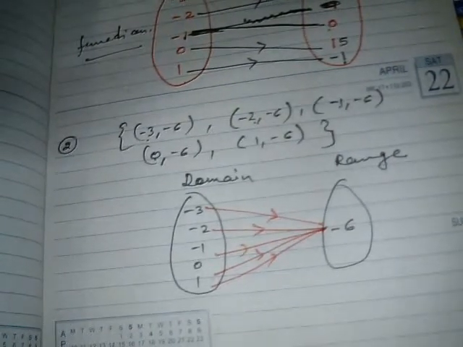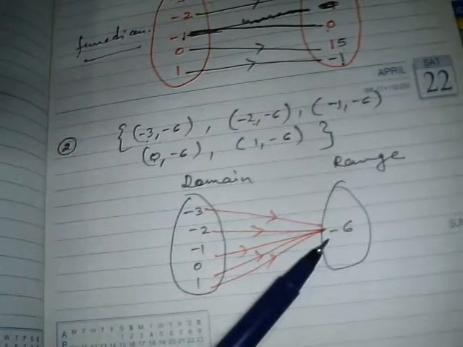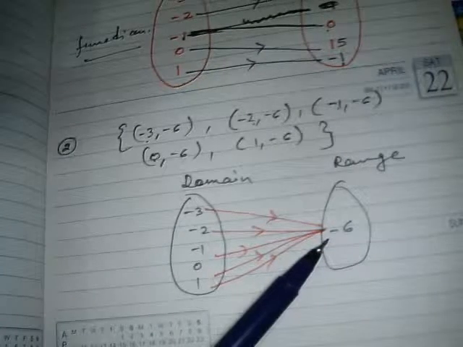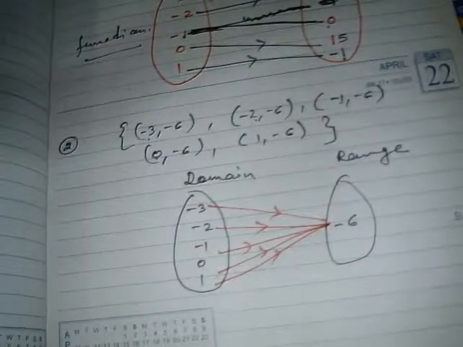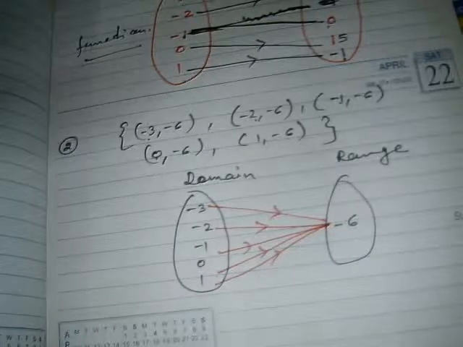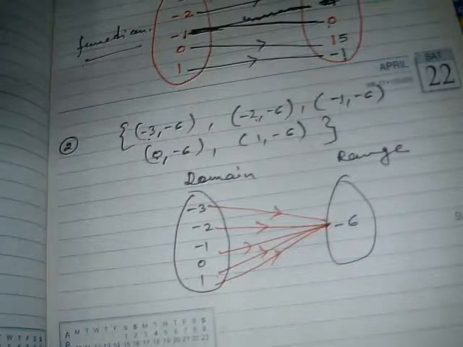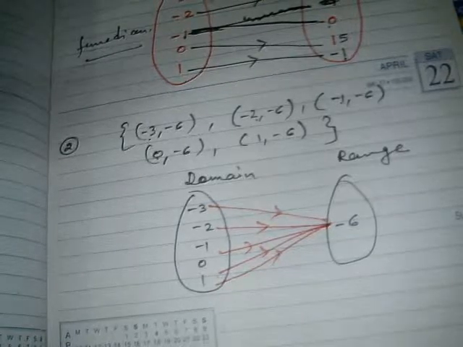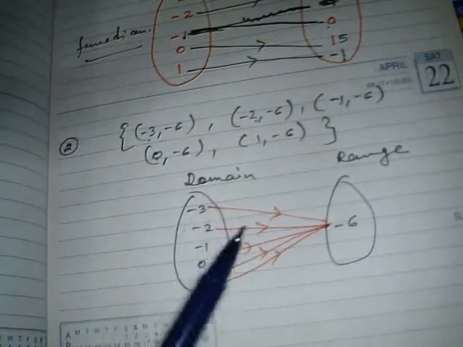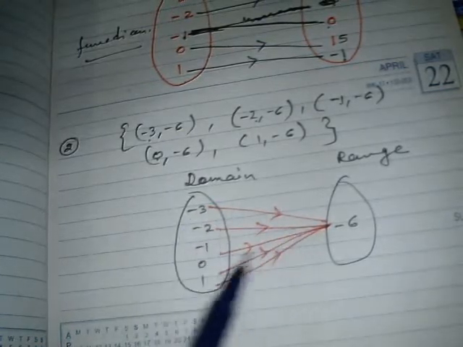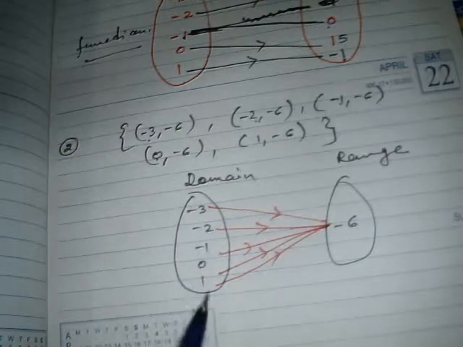Like for example, when a teacher goes to the class, and if there are 15 students, every student makes the image with the teacher. So that is a kind of function that is called a many-one function. Many are imaging on the same point, but every x is related, every x is having the same image in the set P. So that is also an example of a function.